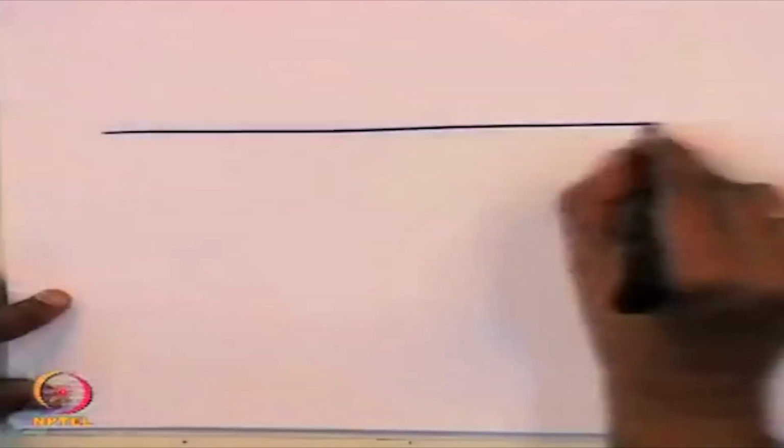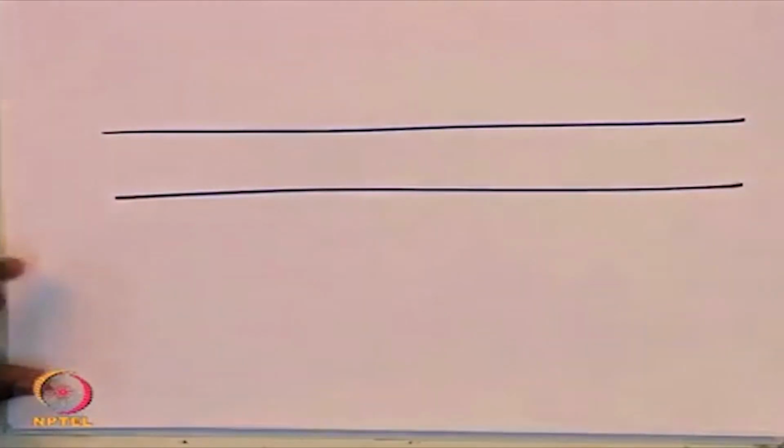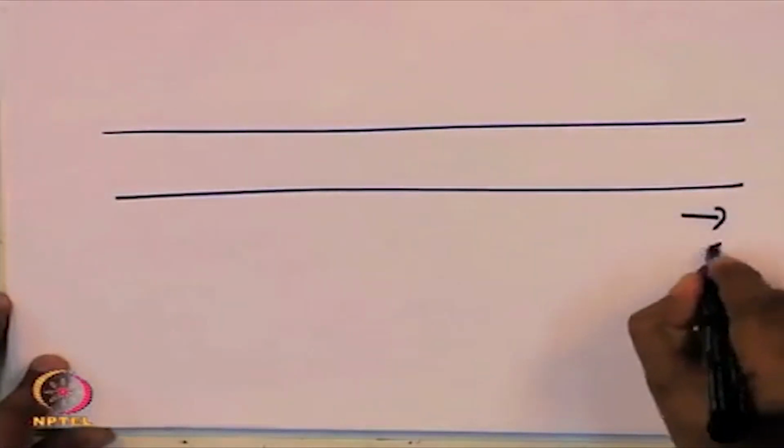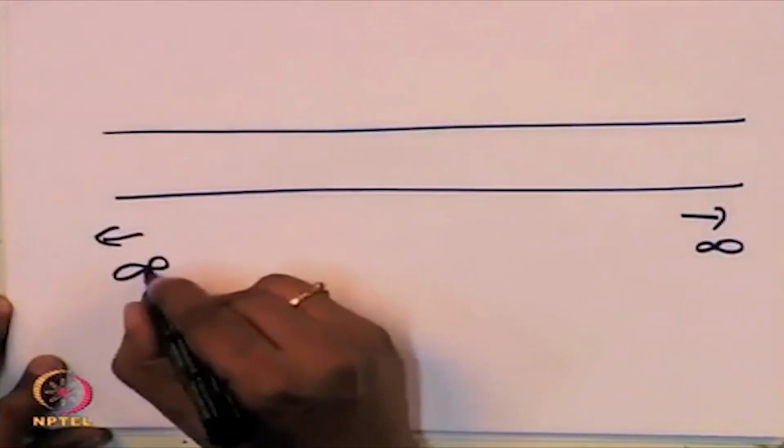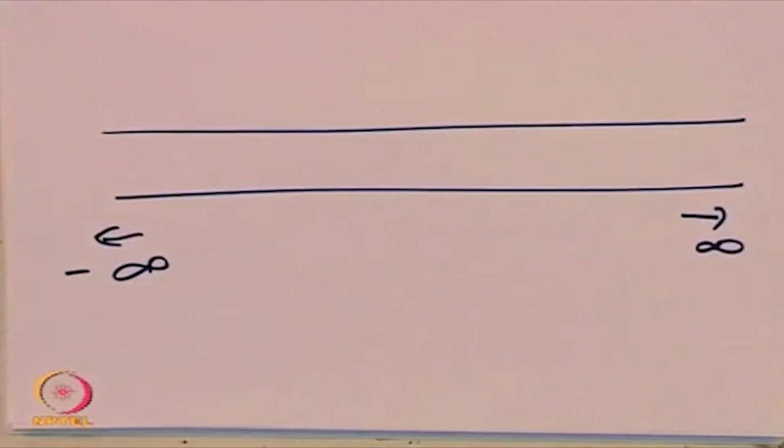Now, let us think afresh. Let us think from the beginning a little, from a different angle, from a different perspective. Let us think about what this equation describes. So, think about a very long pipe. This goes to plus infinity and this goes to minus infinity. Now, in this pipe, at time equal to 0,